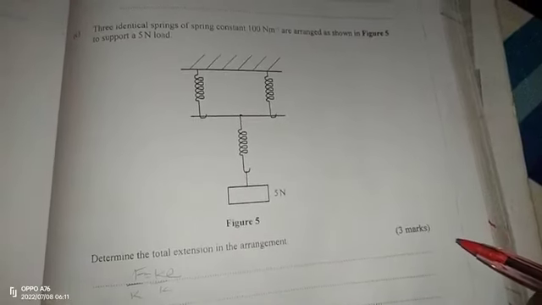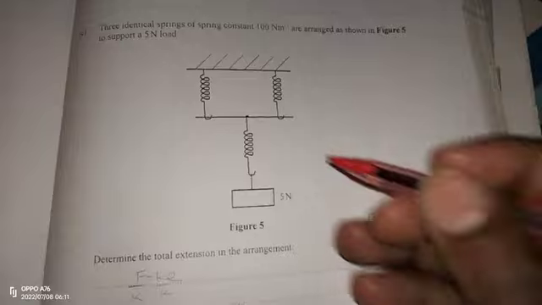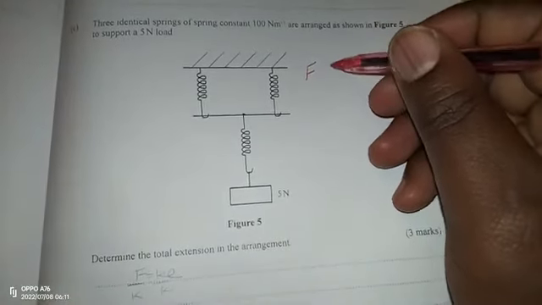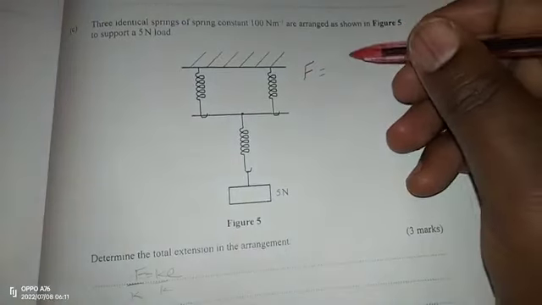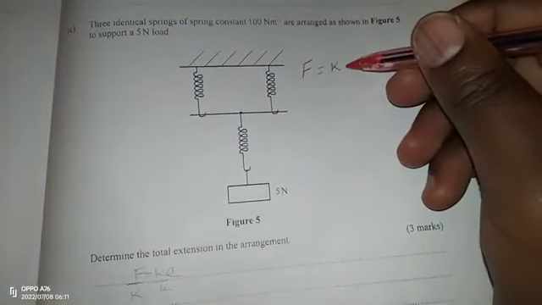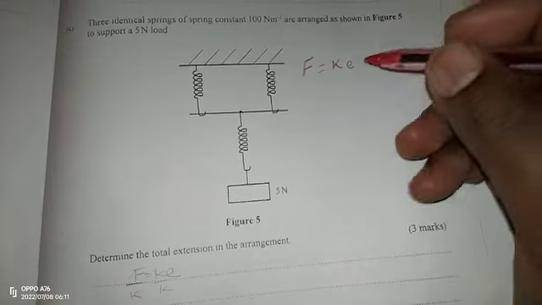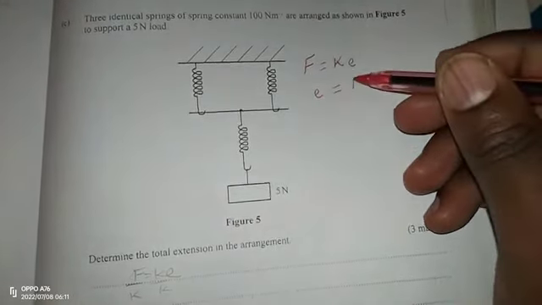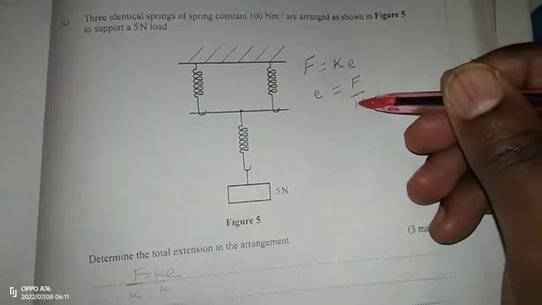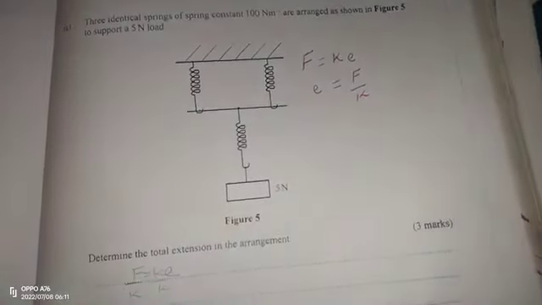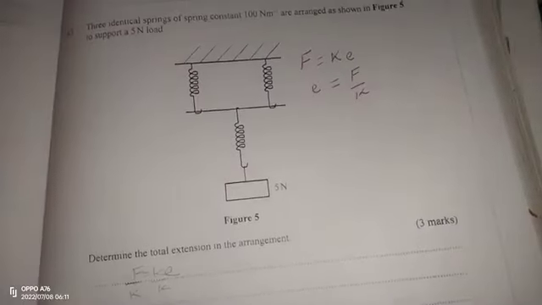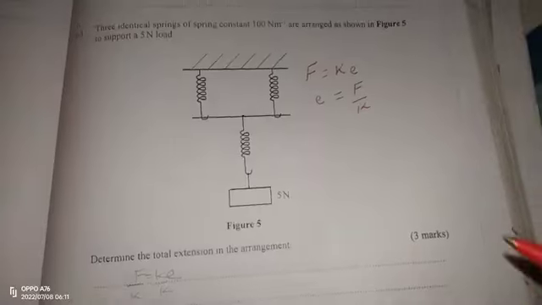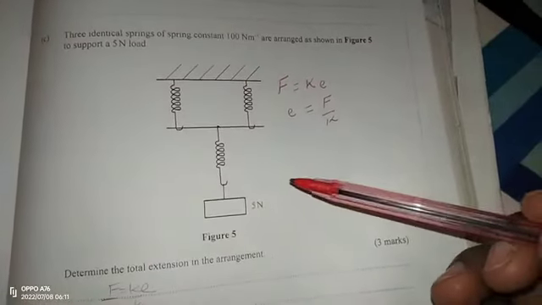So what you should know is that force, according to Hooke's law, is equal to spring constant multiplied by extension, E. And this should tell us that extension E is equal to force divided by the spring constant. So after relating force, extension, and the spring constant, we can now come to the question and say that in